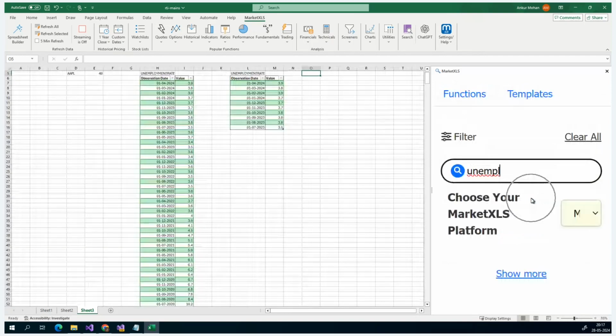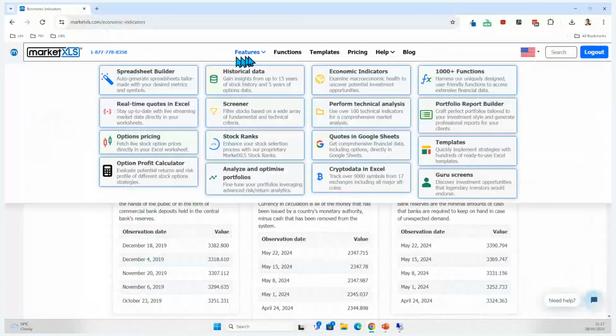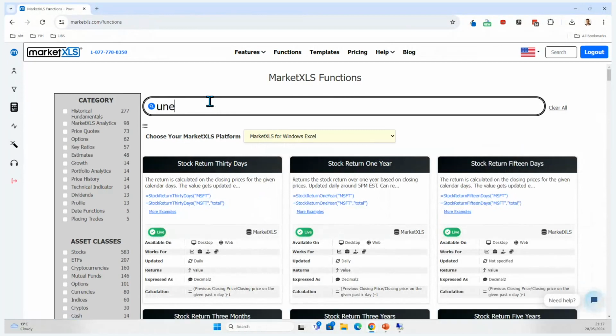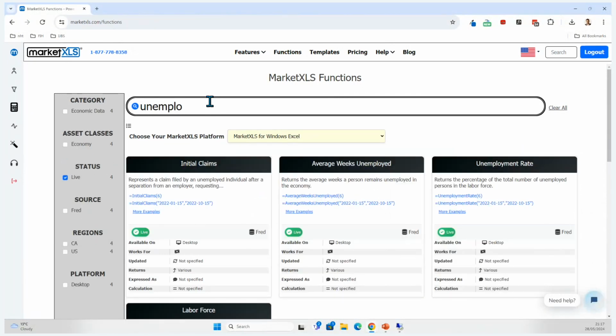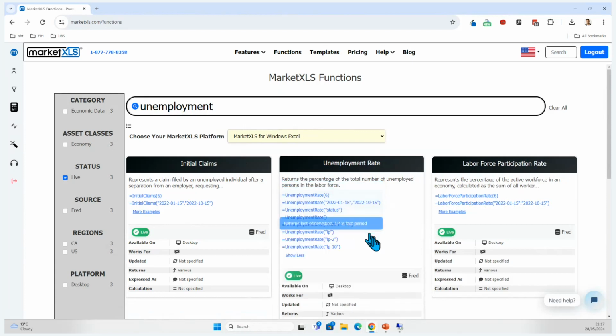Okay, I need to look at another one here. Let me go to the website real quick. So if you look at functions and search for unemployment rate,